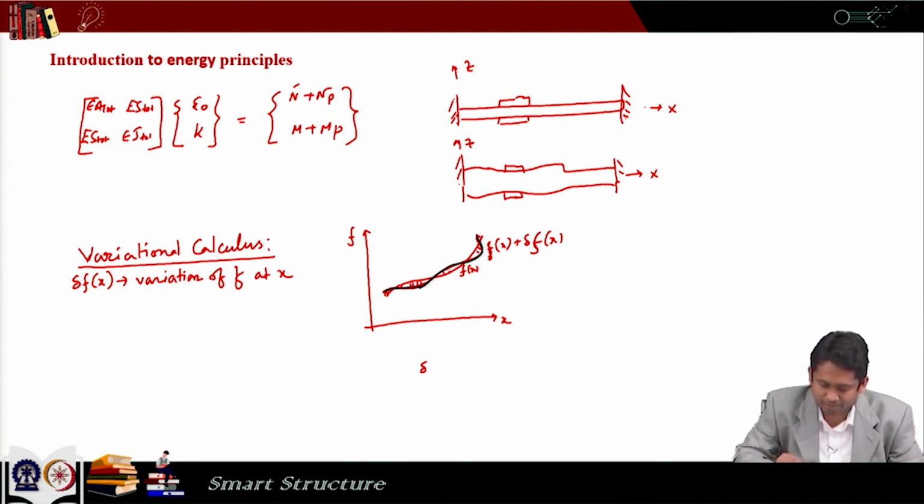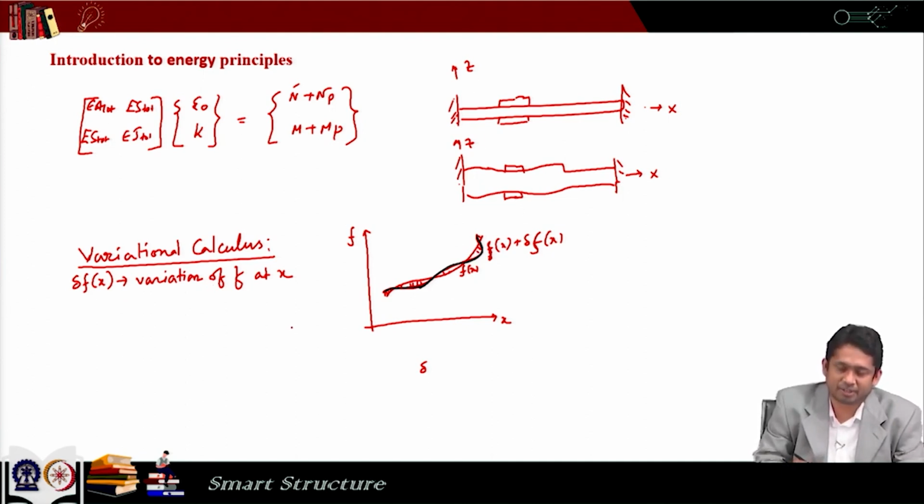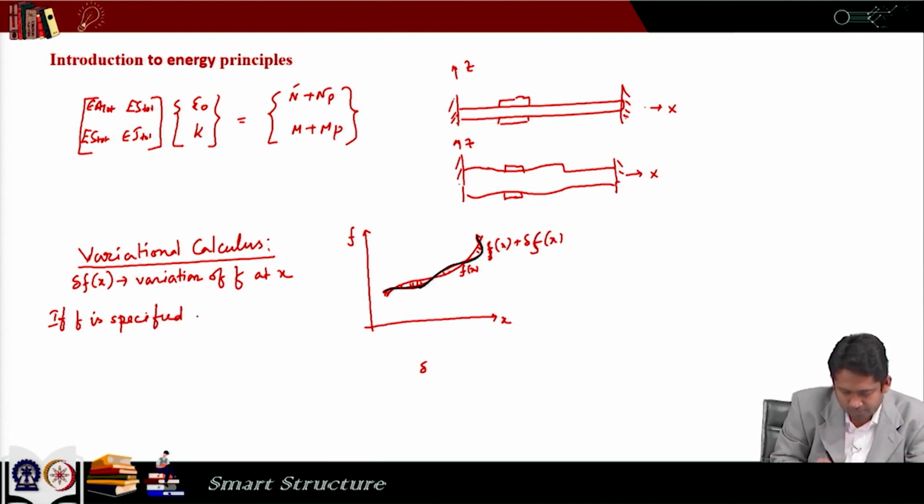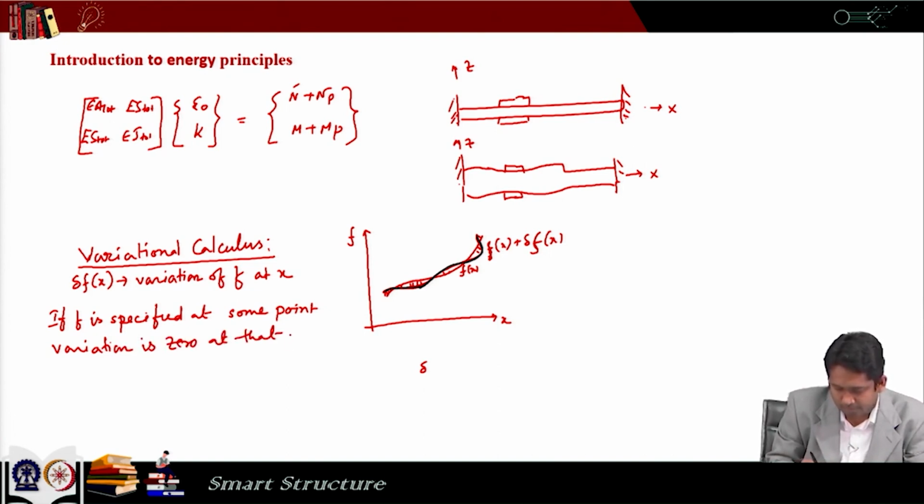So, this is our delta f of x and that is variation of f at x. Now, if f is specified at some point, the variation is 0 at that point,